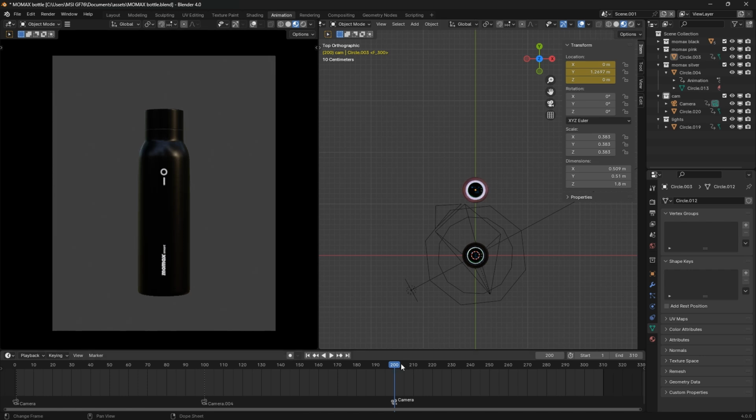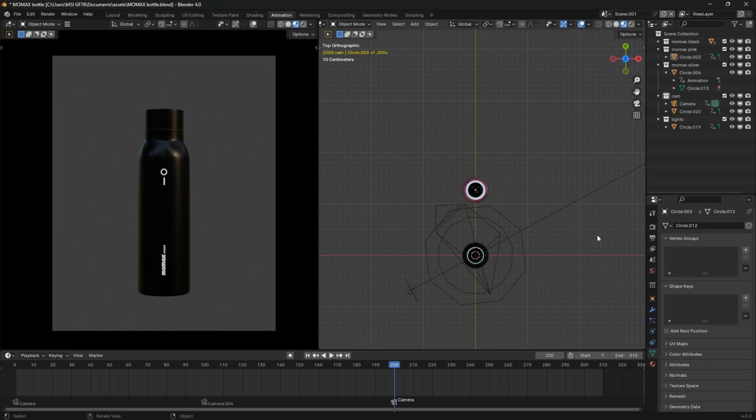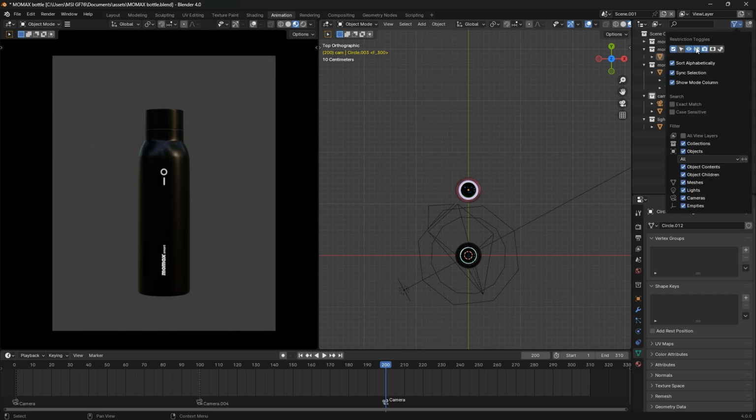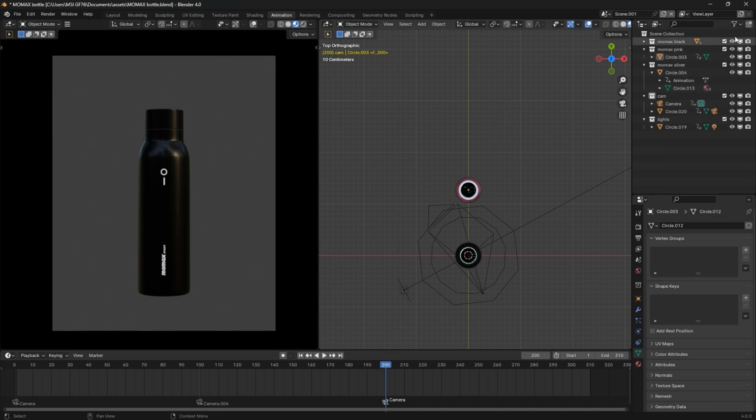So how do I disable the renders? I will have to come here. Then on this, while this is enabled, the renders also are enabled. If you don't have this on your own, you have to come here and then check it. This I'll be using them as a guide so that I can see my viewport. So I'm going to disable the render of